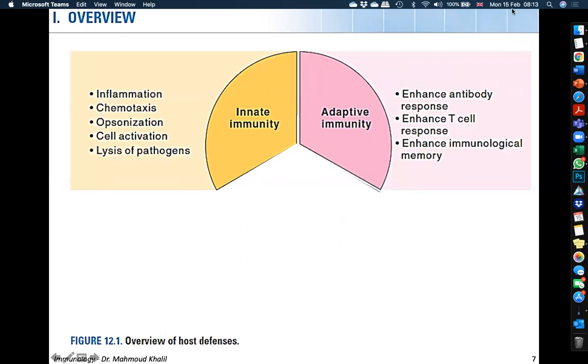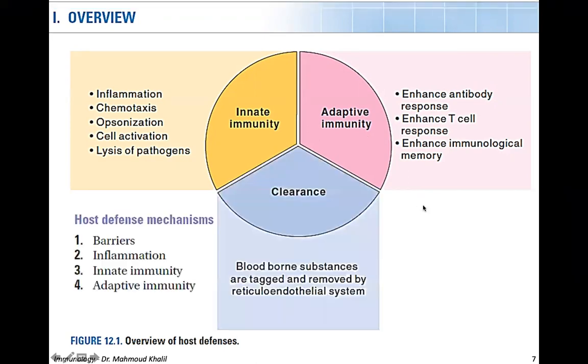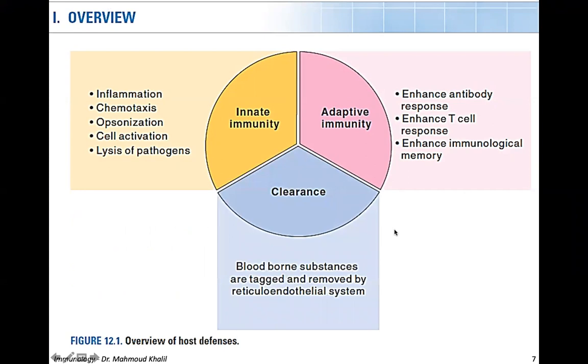This slide is introductory. Both of these axes of the immune system will lead ultimately to the clearance of the pathogen or the invader,